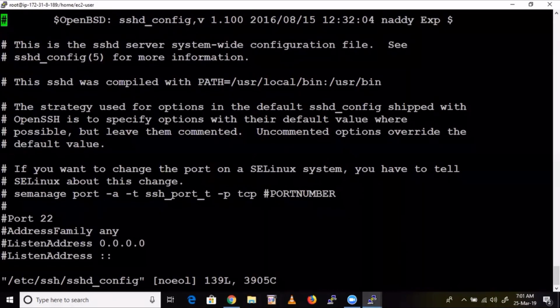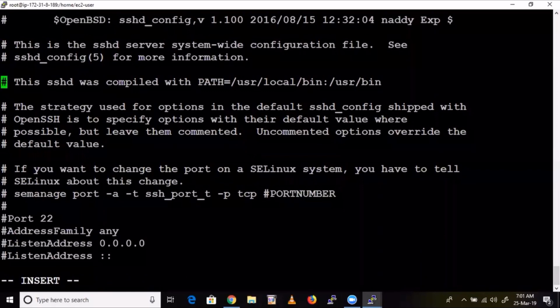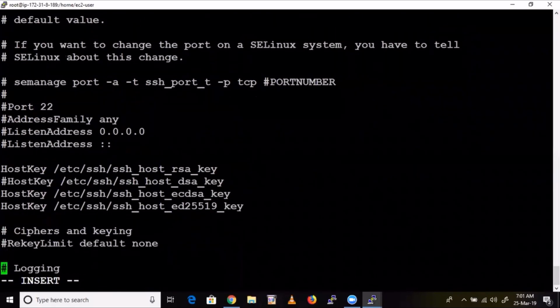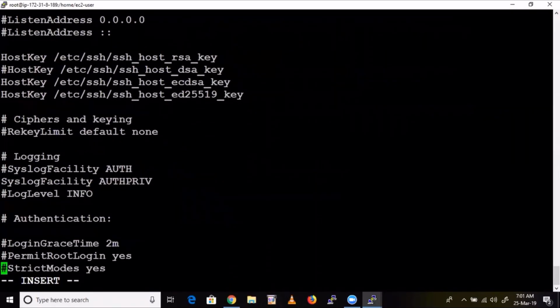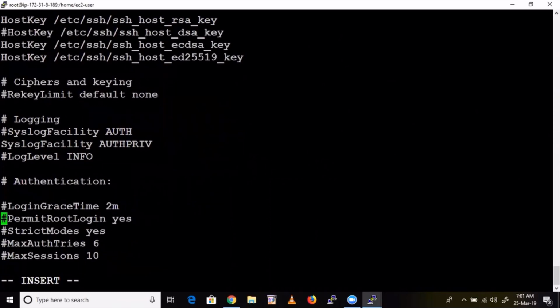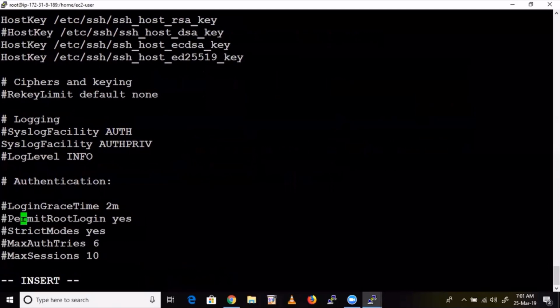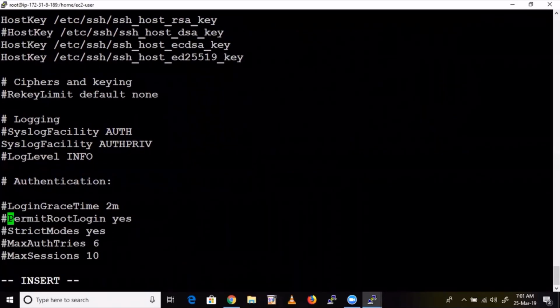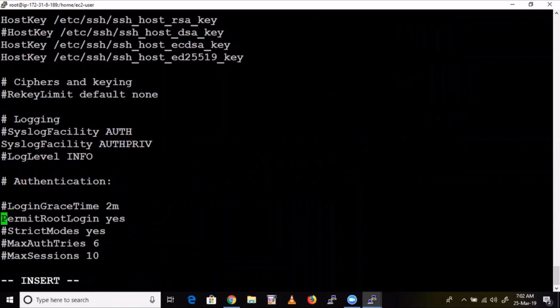Now these are also main configuration files. Here we need to do some modification. So scroll down. Here you can see, right, one thing: PermitRootLogin. You need to uncomment this one. It is in comment state. That means right now root doesn't have any login privileges to other machines. So that's why we need to uncomment this. Now onwards we can log into other machines.